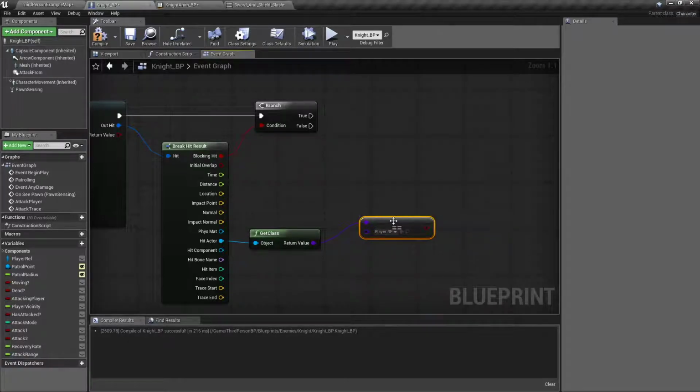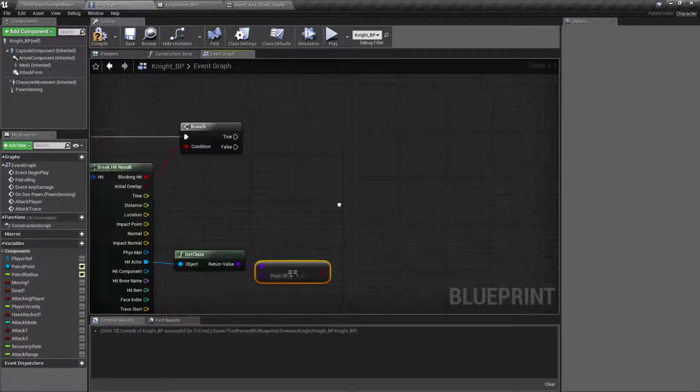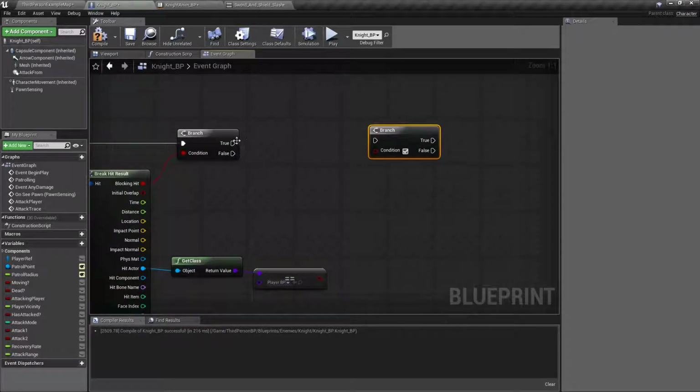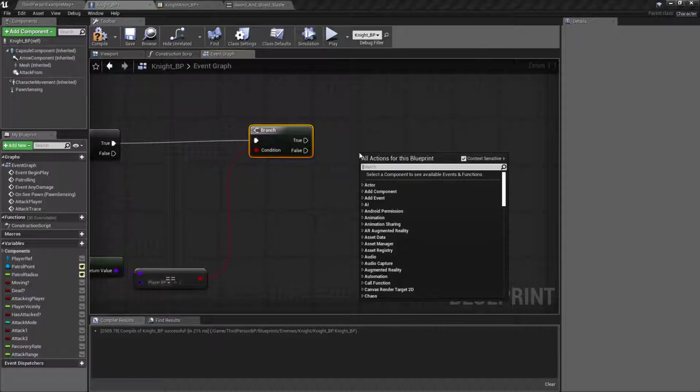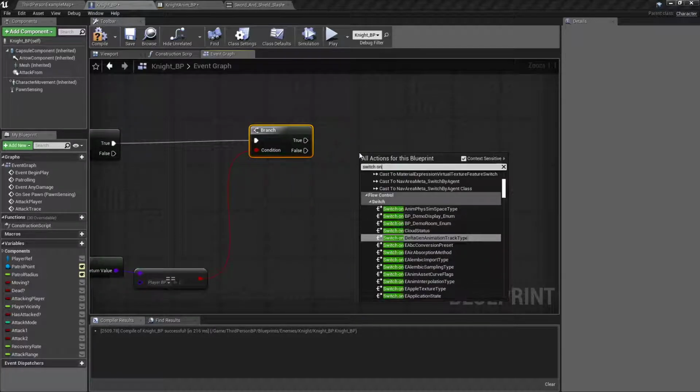You know, the one that's associated with the character that your player is. Another branch, B left click. If it is a blocking hit and it is the player, then we will do switch on int,